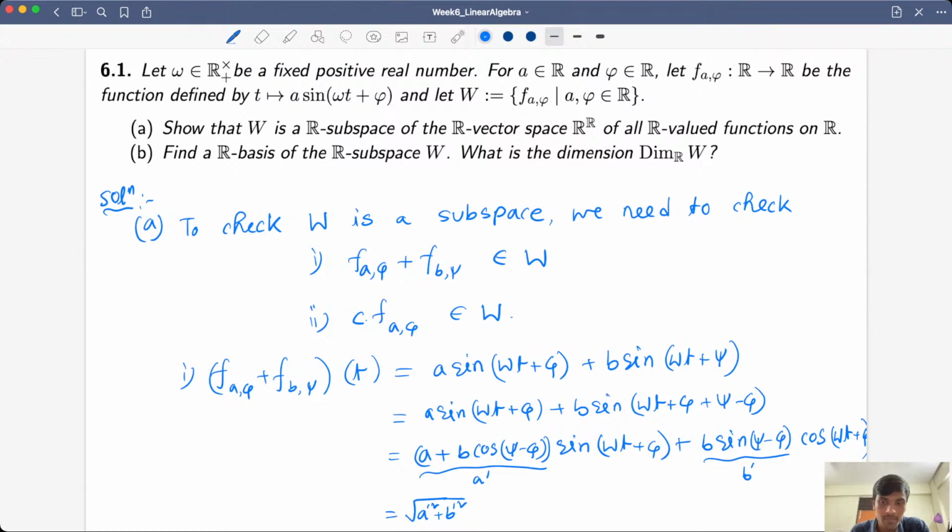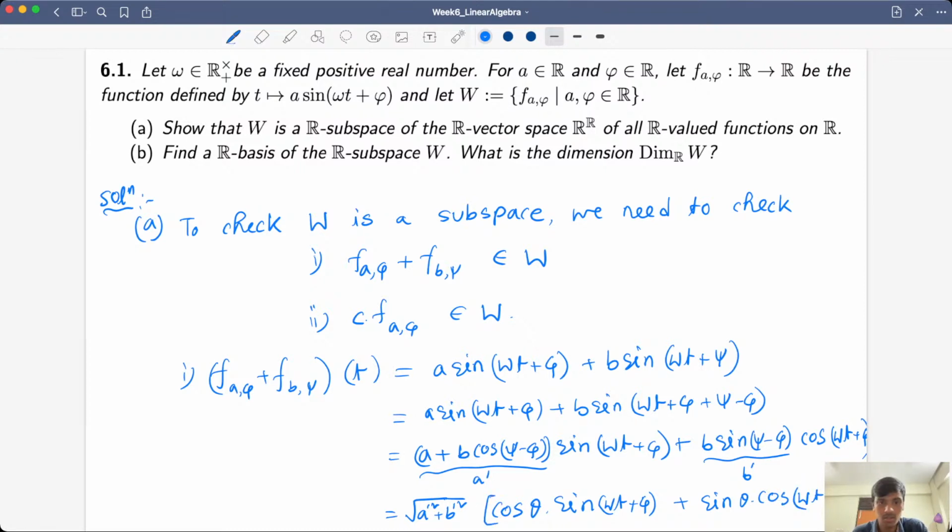So I am assuming a prime and b prime are not simultaneously 0, then I can write some cos theta. So let me write this as cos theta into sine omega t plus phi, plus b prime by this thing, that is sine theta into cos omega t plus phi,